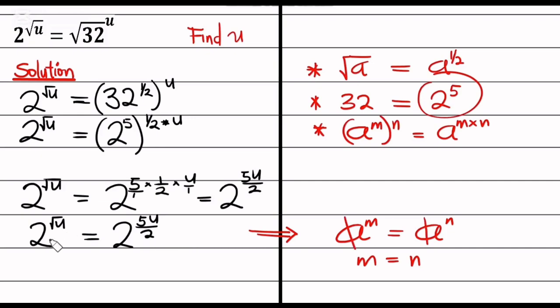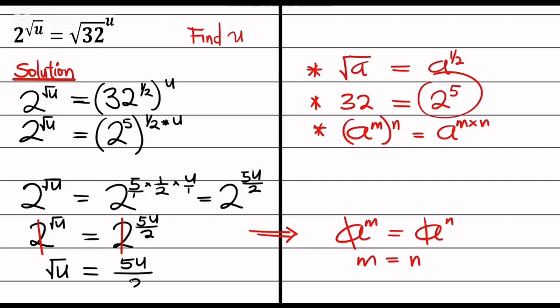And the same thing is what I'm going to apply to my equation on the left-hand side here. I have the same base, that is just the requirement. Then the next thing is that this one goes and this one goes. So what do I have left? I have square root of u equals